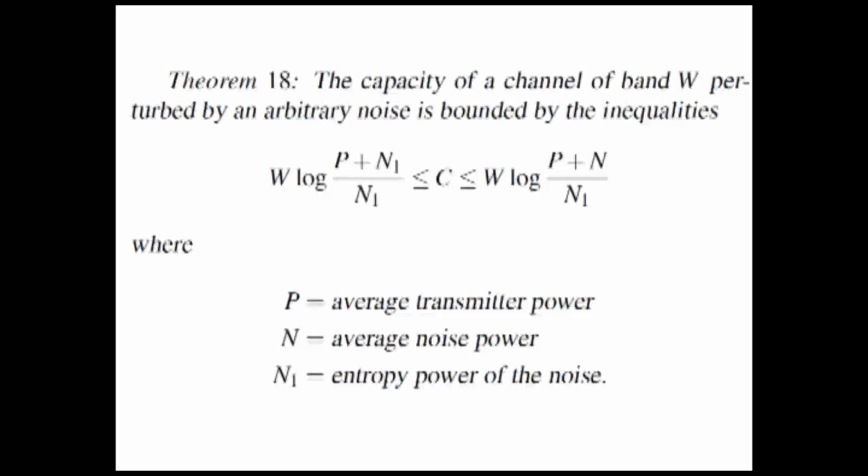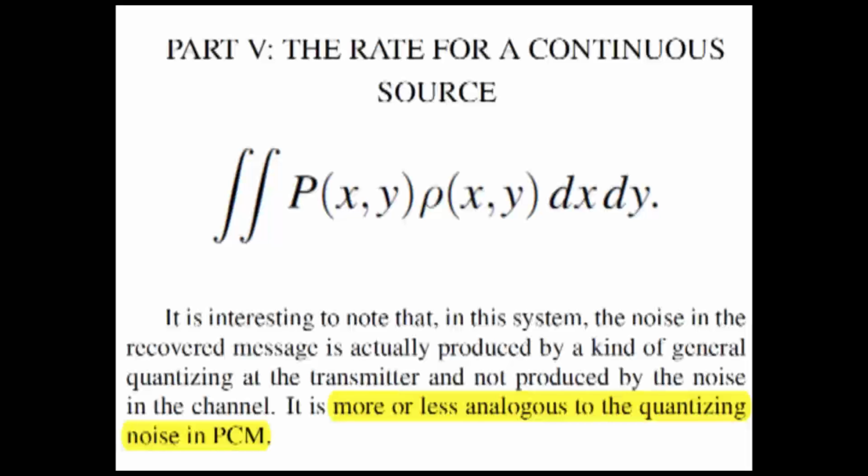All right, then he goes on to say what would be the capacity if the noise is not Gaussian. And this, in fact, he expresses in terms of the entropy power. But a nicer way to do this is to just say that the capacity is lower bounded by the Gaussian capacity, upper bounded by the Gaussian capacity plus the non-Gaussianness, the relative entropy between the noise distribution and the Gaussian distribution with the same variance. And then, finally, he comes to the last part of the paper, which is rate distortion theory.